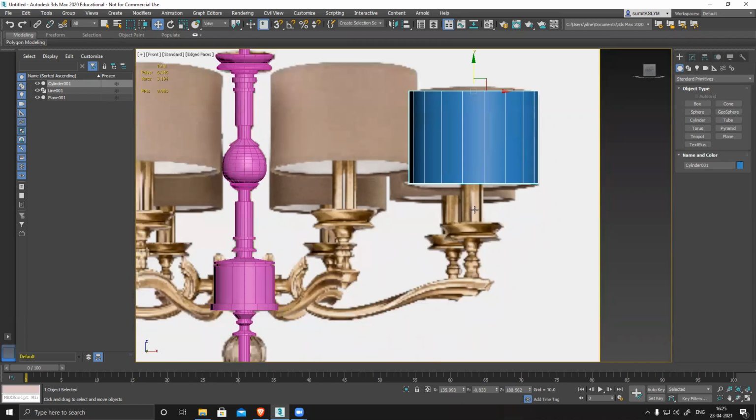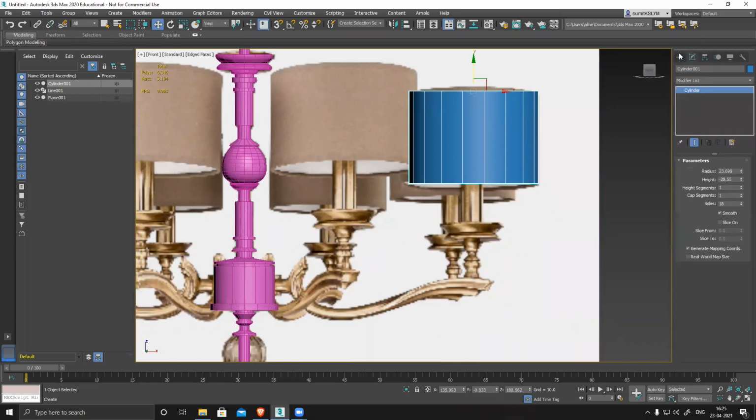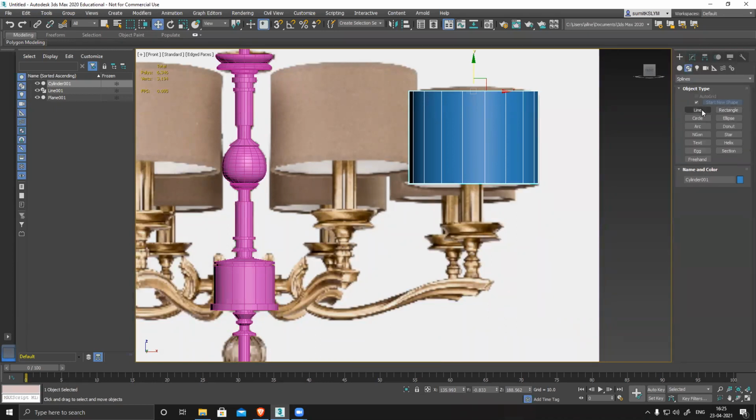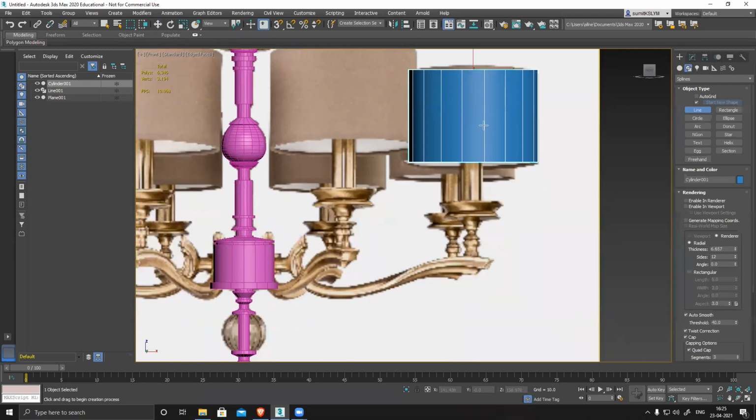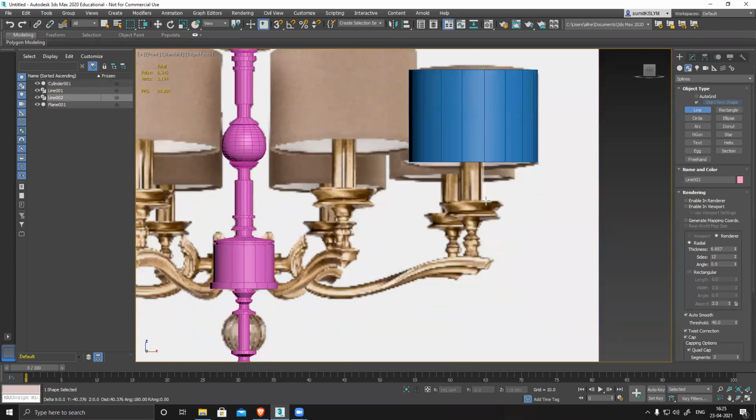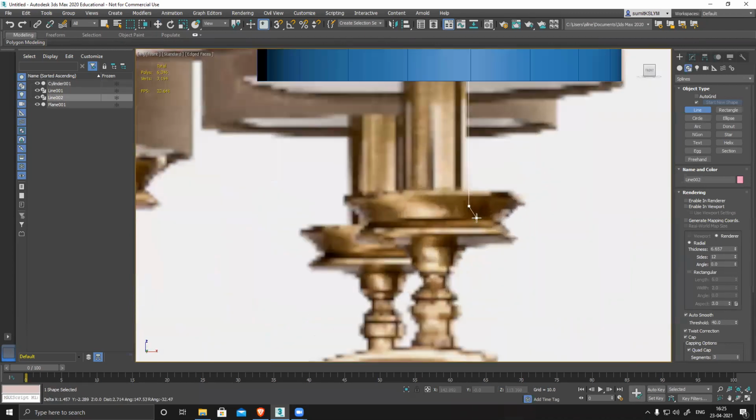Now for this part, I can use a spline, or I can use a cylinder and create the whole thing together. But for this, I'll create it with a spline. That will be really nice and easy.